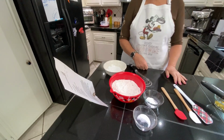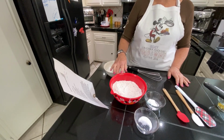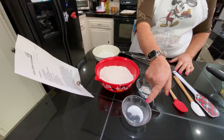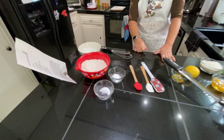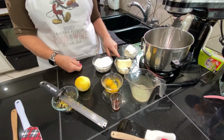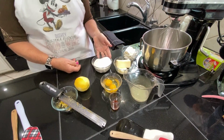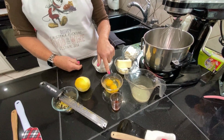These are the ingredients for the lemon butter cookies. We have 2 1/4 cup all-purpose flour, 1 1/4 teaspoons baking powder, 3/4 teaspoon kosher salt. On this side we have 10 tablespoons of butter softened, 8 ounces of cream cheese softened, 1 1/4 cup of granulated sugar, 2 large eggs,